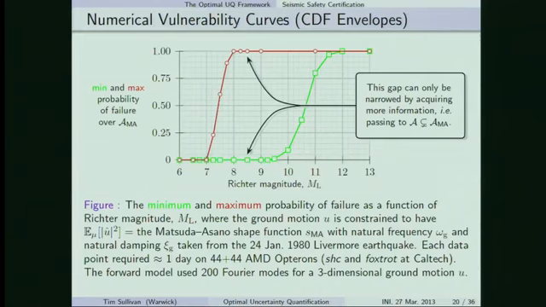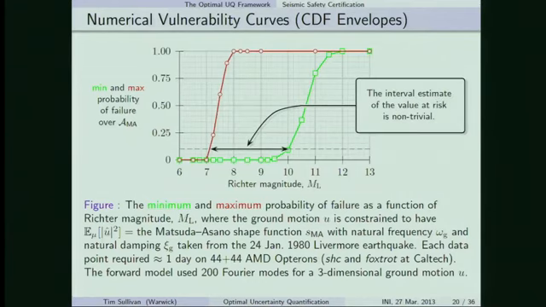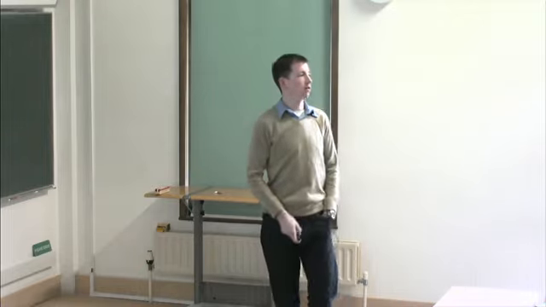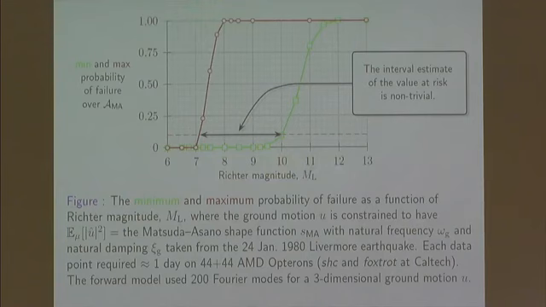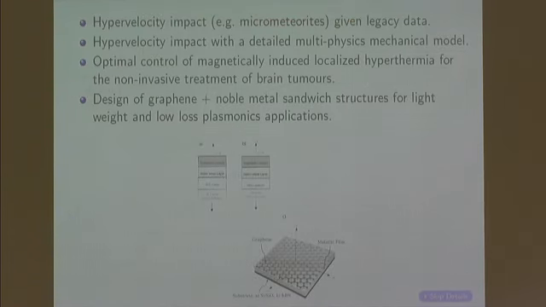This gap, you want it smaller, you have to make more assumptions. You need to pass to a finer information set than this admittedly coarse one involving just the shape function. And that's where you need expert input from the seismological community. But even in this situation where there's a large region where all you can say about the probability of collapse is it's somewhere between 0 and 1, turn your head 90 degrees, there's a non-trivial interval estimate of the value at risk. Okay. So you get useful information out of this stuff.